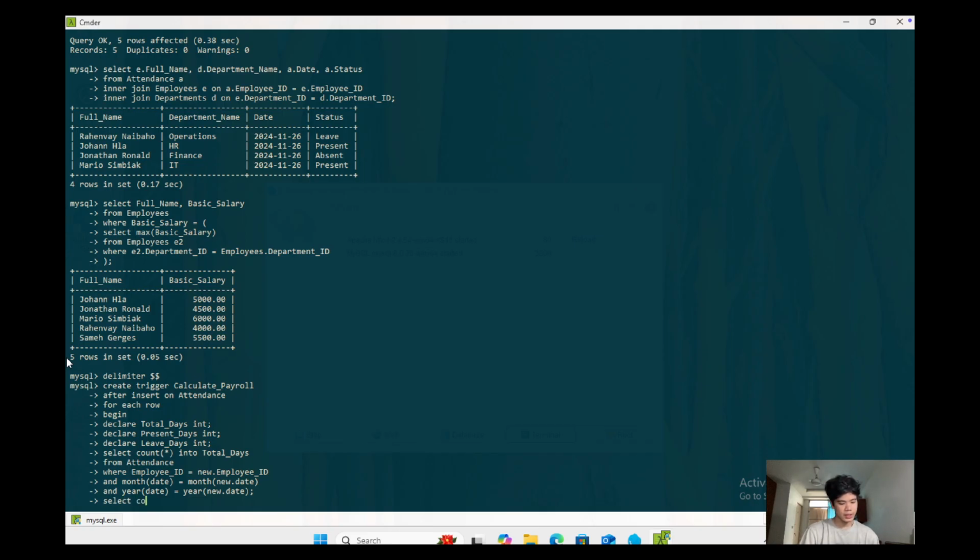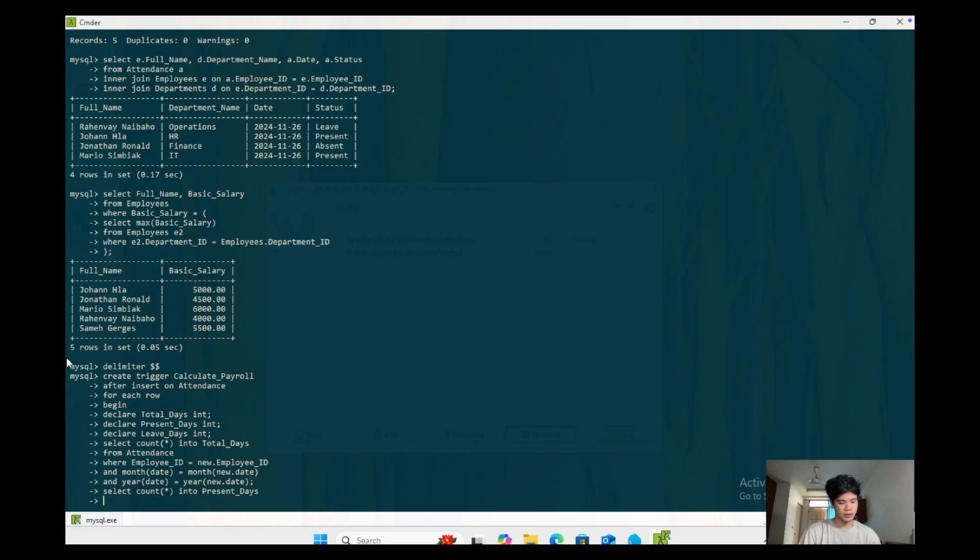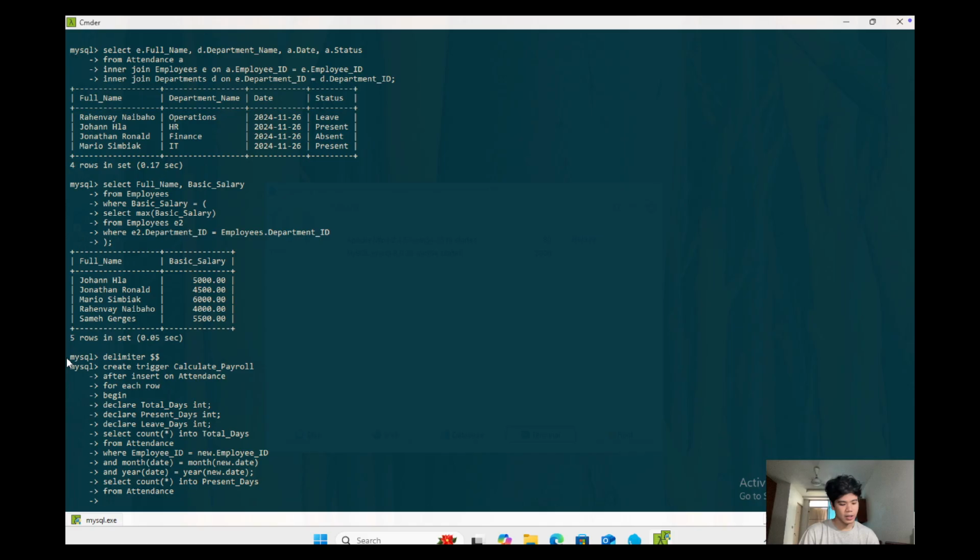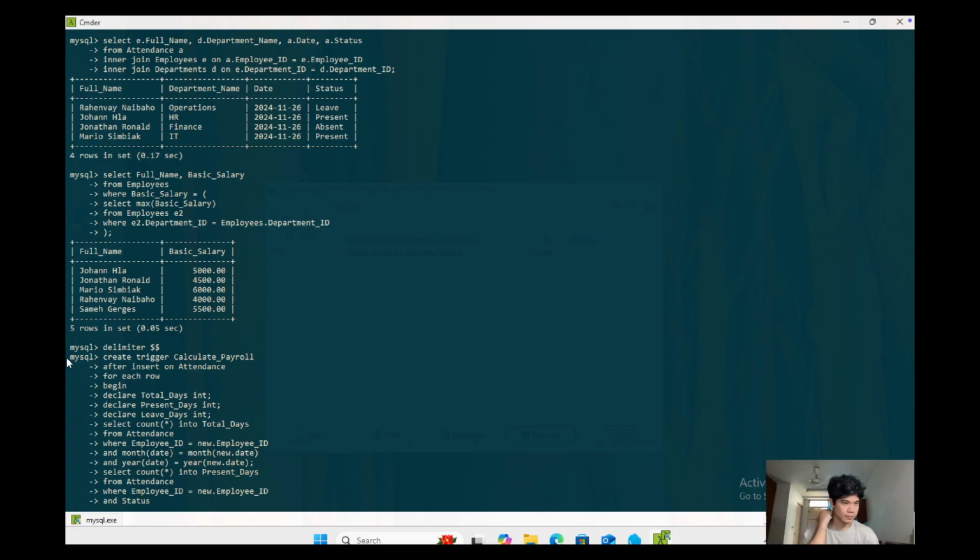Now we need to select count(*) into present_days. Select count(*) into the present_days from the table attendance where the employee_id is equal to NEW.employee_id and the status is 'present',